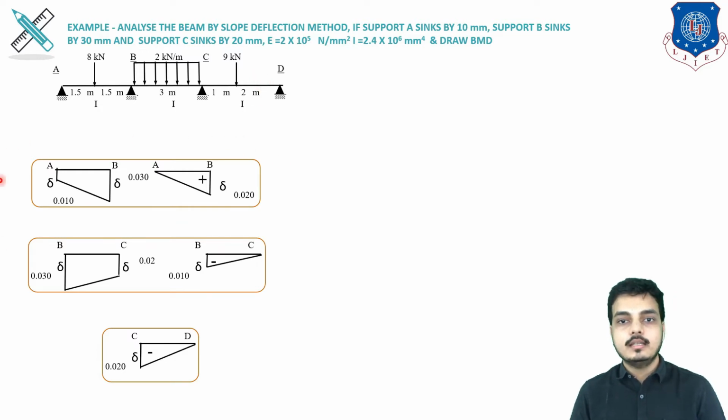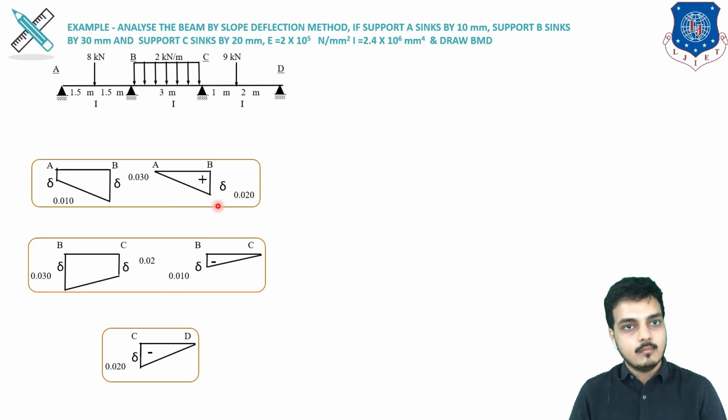Now, first we will be calculating the net effect of delta. Let's see. In the question it is given A sinks by 10 mm, B sinks by 30 mm. So I have converted it into meters, A sinks by 0.010 and B sinks by 0.030. Now as we discussed in the previous sum, we have to take the net effect of this sinking. Means you can see that A support is sinking less than B, so we have to subtract 0.01 from 0.03, so it will be ultimately 0.02.